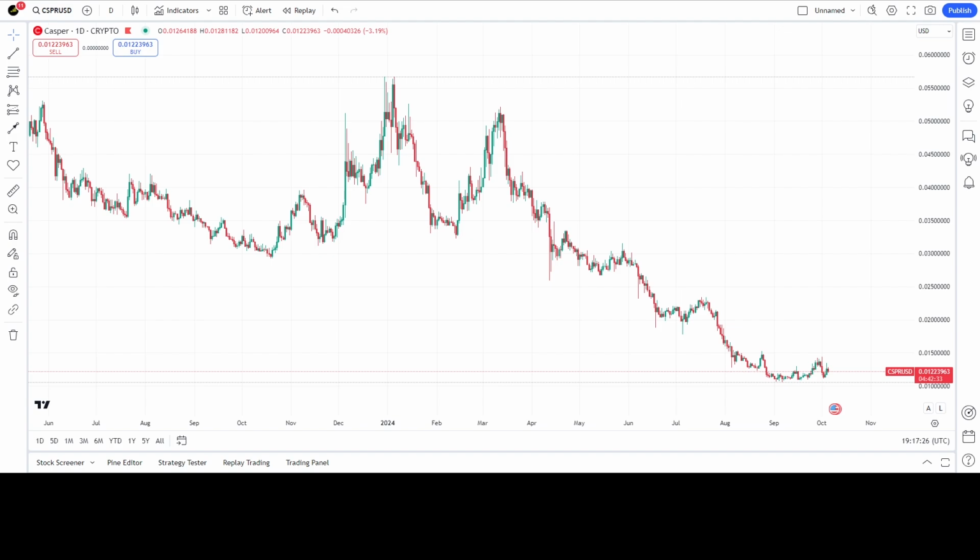Now, for those of you who are familiar with my analysis, you understand that Casper has a repetitive macro structure. For those of you who are new, this repetitive macro structure is the centerpiece of my technical analysis. Through this macro structure, we can understand where we are and what we can expect to take place in the near future. So what I'm going to do is jump back to the early days of the